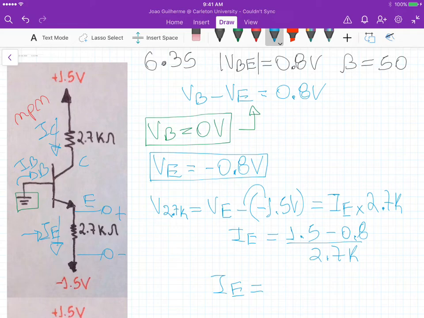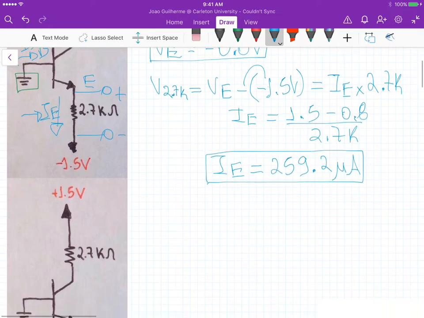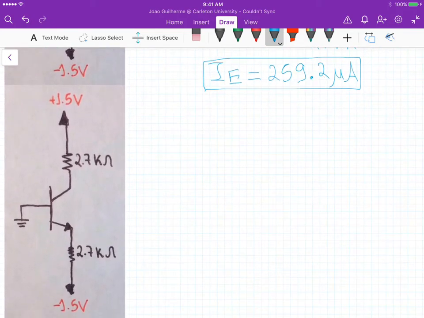equal to 259.2 microamps or 0.26 milliamps. Okay, but I like to use this engineering notation here, and that's the value of the current, IE. Okay, so we know this current, we know the voltage at the emitter, the current at the emitter, we know the voltage at the base. Now, because we are assuming active mode operation, we can calculate